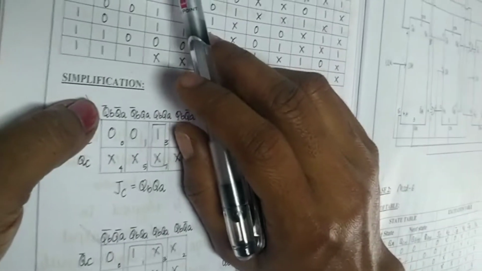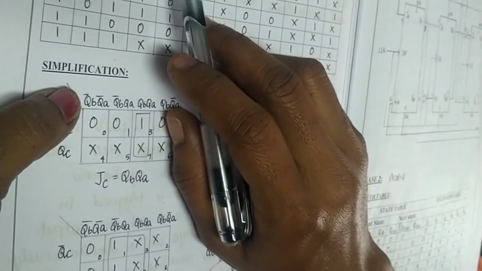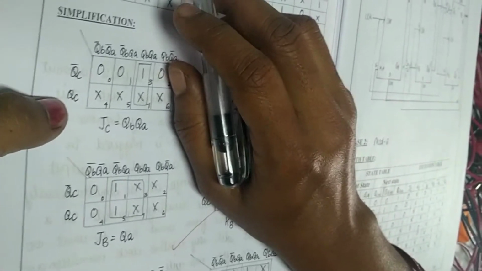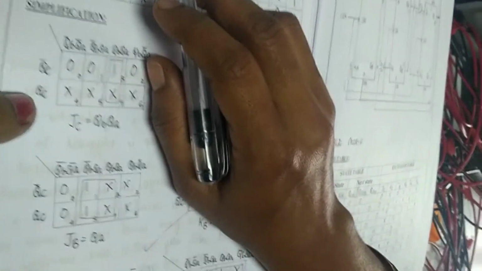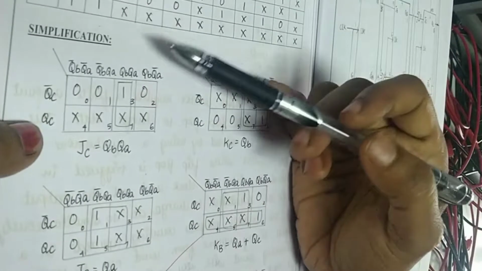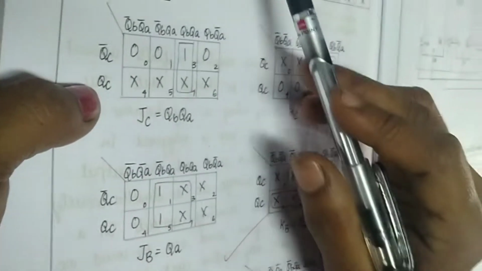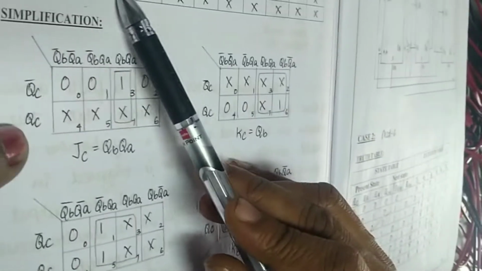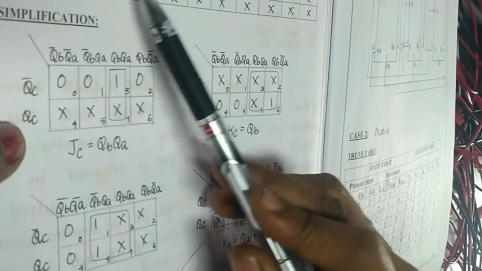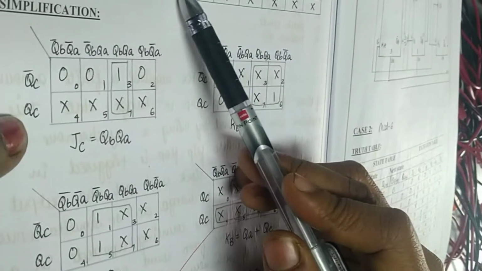Okay, we are designing a mod 7 synchronous counter. Then you have to check for mod 7. It will display from the truth table 0 to 6. I don't want to display 7. This is the present state and this is the next state. The next state is reset after 6. At the next clock pulse it will reset to 0.